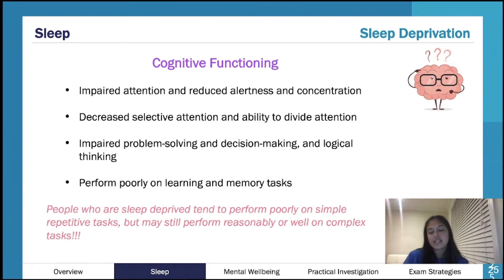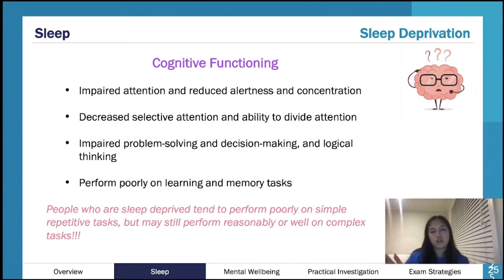And I think it's the idea that when you're doing a complex task, you really have to focus, or put in a lot of energy. And when you're sleep deprived, you can still harness all your energy into this one activity. Whereas with simple repetitive tasks, because it's simple, your body just goes into autopilot mode. And because your body is in such a state when it's sleep deprived of not doing things well, the simple things that you don't have to use much brain power for are actually done pretty poorly.